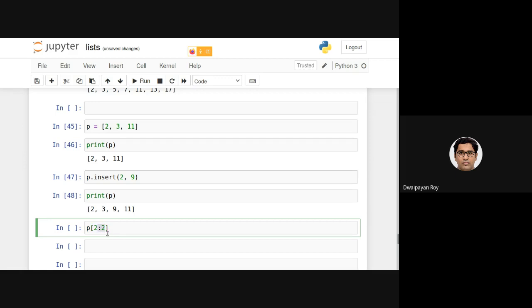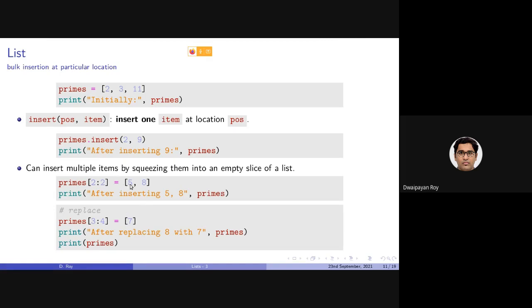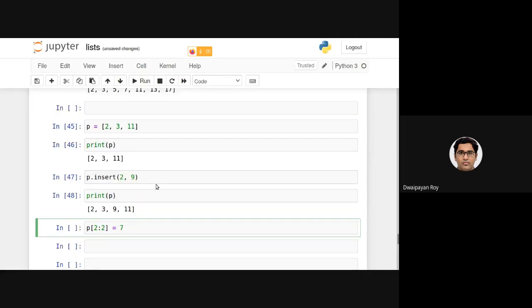We have already seen that we can insert something like this here, or we can simply write this. But what if we want to insert multiple items? In that case, we want to use this slicing, and we want to specify the list of items as well. So I want to insert, say, 5, 7.